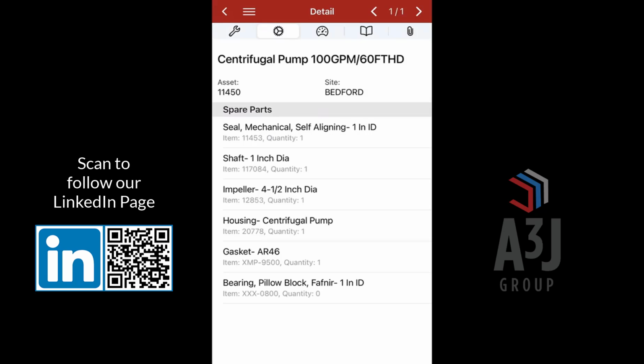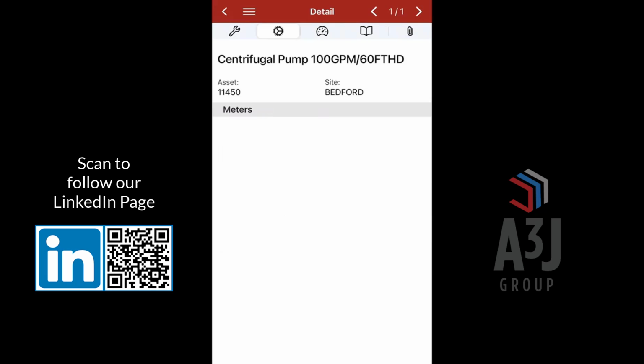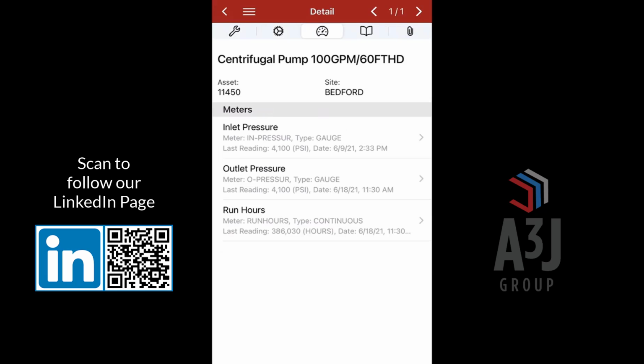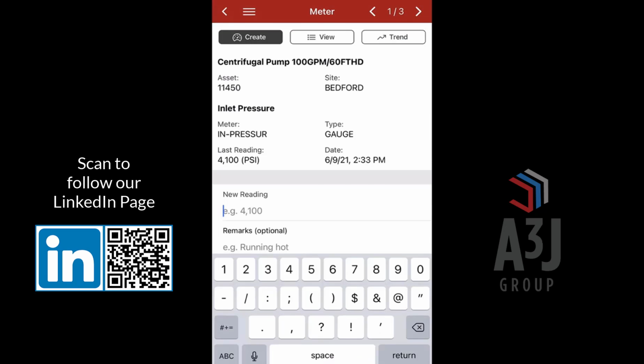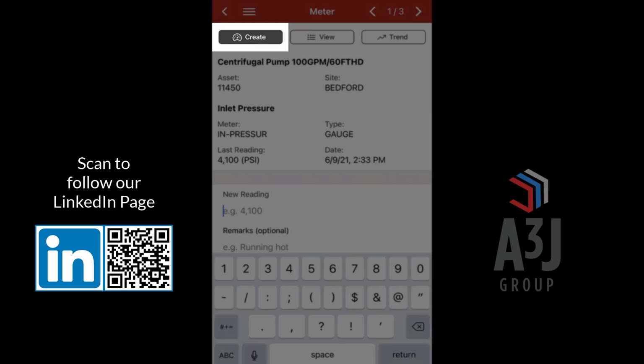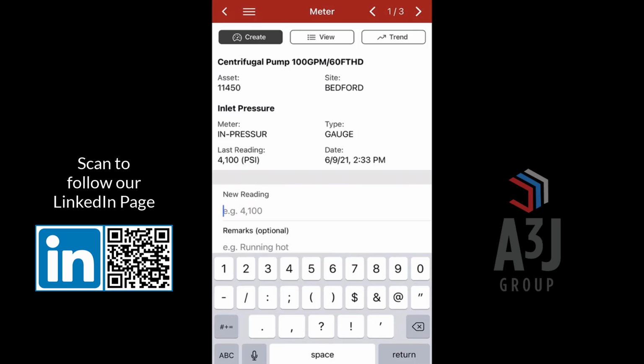On the second tab, we have a list of spare parts that fit that asset. The third tab, we have a list of meters that are available for that asset, and I can click into each meter and do one of three things. I can create a new meter reading, I can view historical meters, and I can trend those historical meter readings